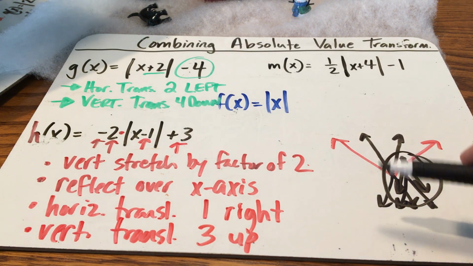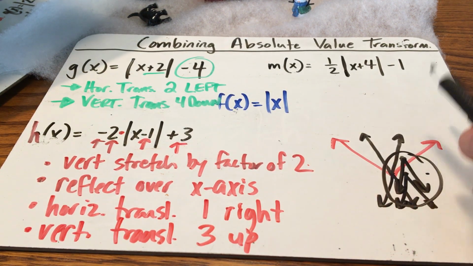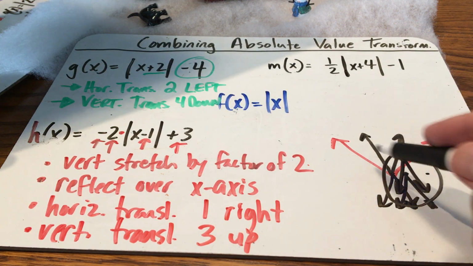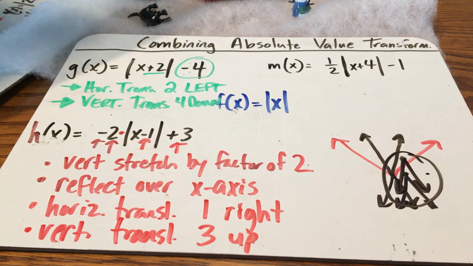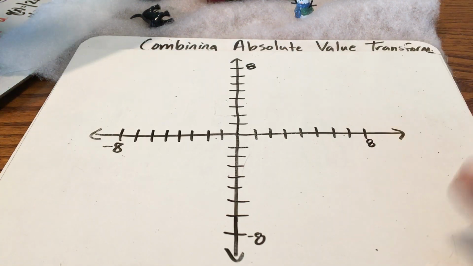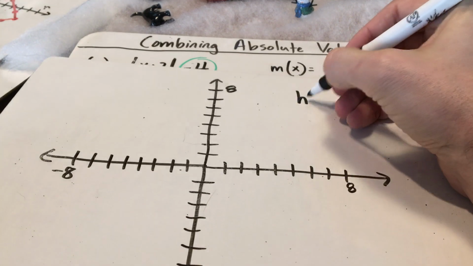But you can see how they tightened it up, made it steeper, and then they flipped it, and then they moved it over, and then they moved it up. They did all these separate things, and so trying to freehand that is not going to be fun. If you really had to graph it, which I'm not going to because I'm already at 16 minutes, I would actually have taken out one of these charts and I would have written the actual formula, right? I would have actually written it out,